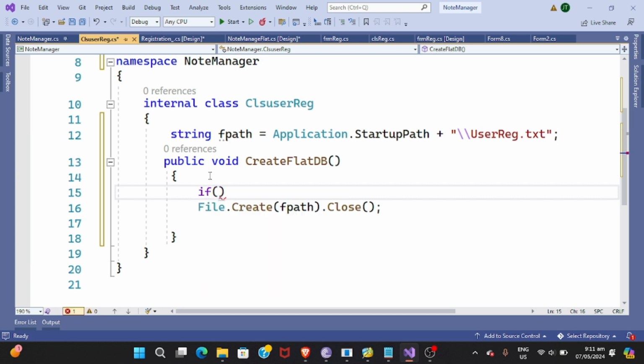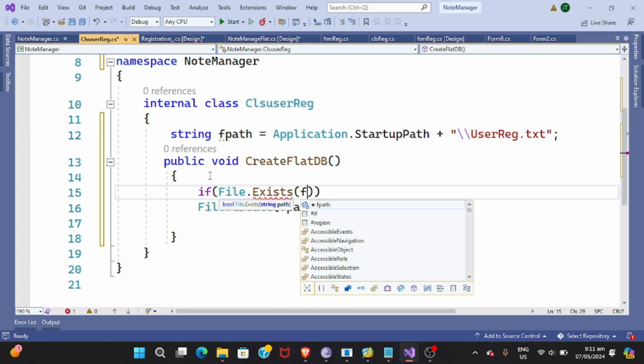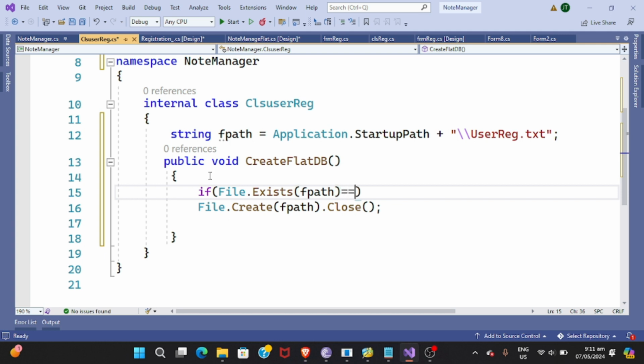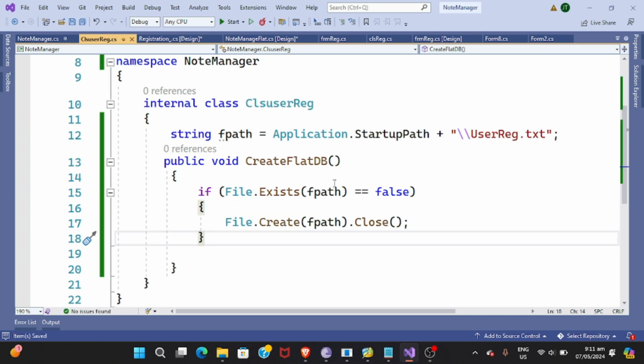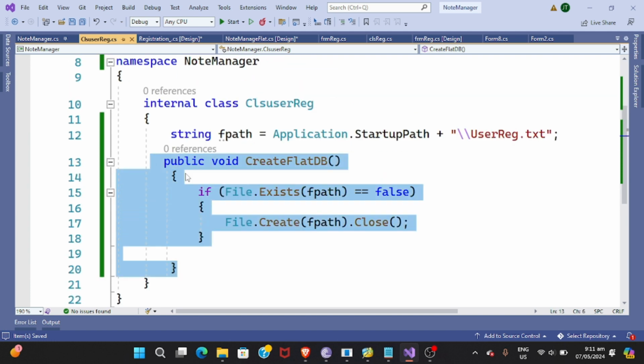If file exists for fpath is equal to false, meaning it's not existing, then we'll be creating the actual file. So now we have managed to create the flat file database of our program. This indicates the actual data that we are trying to manipulate later on. We put all of those data being inserted on a flat file database, which is the name is user